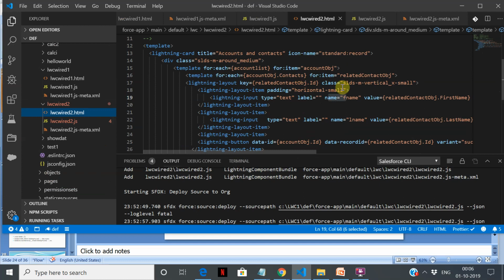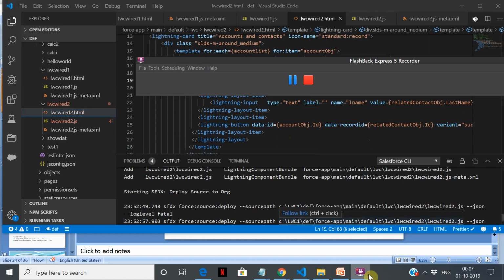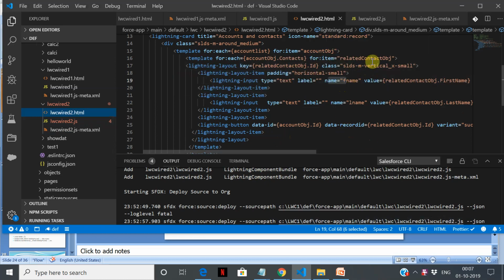The records are getting listed here. So how do we capture the ID of the contact? There are multiple records because we need the ID to pass to the update record. So for that, what we do is we use this concept, HTML concept of data IDs. This is first coming in account list. Let's take a look at the HTML here. This is coming in account list. Okay, dropping onto related contact object, and then the contact object is what is iterated over here.